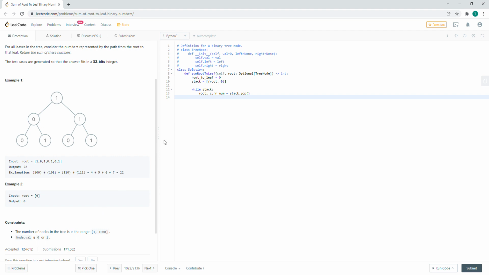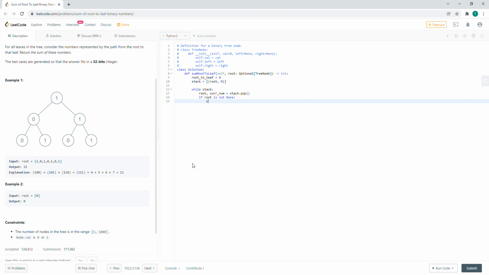So basically, when the stack's not empty, we pop from the stack to get the root and the current number we're at. So first thing we do is pop. Then, if the root is not None,